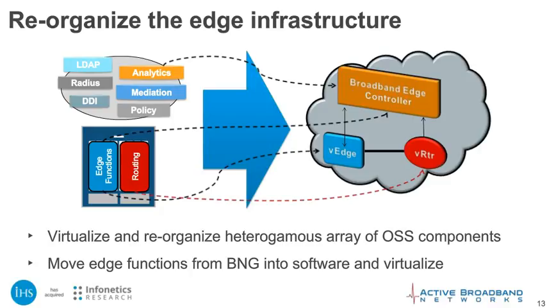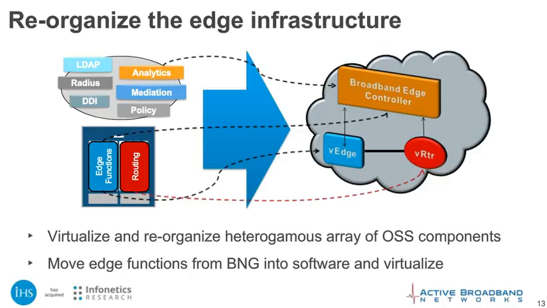So let's move on to the specifics of the edge of the network. When you look at the traditional edge network environment, there are really 3 key components in it. The OSS component, once a simple radius server, has evolved over time into a complex of many different parts. And then it talks to this thing called a BNG or a provider edge router, and inside that are 2 key functions. One is edge programming, and these edge programming functions include a specific set of quality of service and access control functionality that is largely different from routing,